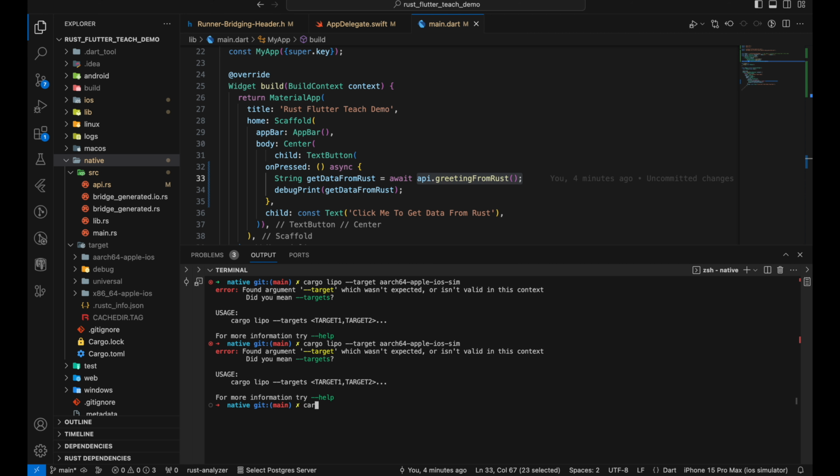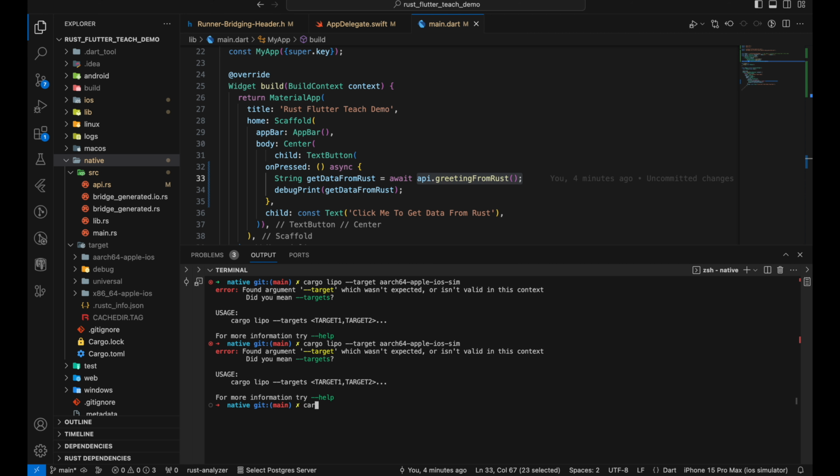So in our universal, the build is replaced with this one because the architecture for iOS sim has only one here. So let's remove it to see clearly if you understand what I'm saying. That's why let's delete the build and let's run this build again, cargo lipo dash target.